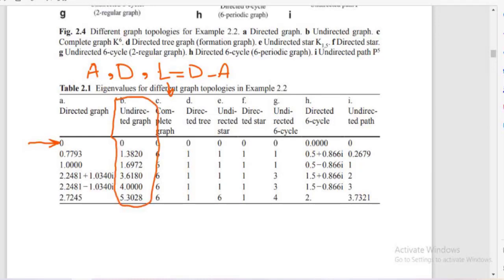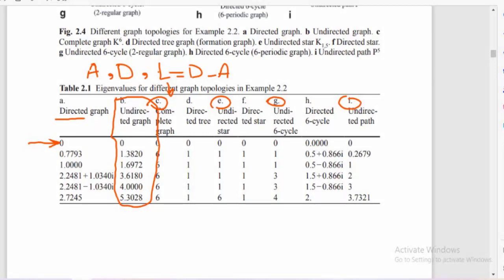Okay? C is undirected. E undirected. G undirected. And I undirected. All the undirected graphs have real eigenvalues, but the directed graph may